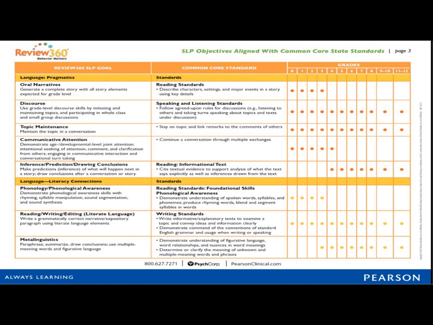There's also work that represents a difficulty for many language learning disabled children in terms of inferencing, prediction, and drawing conclusions. And that starts in, you'll see, in 4th grade and goes through 12th grade. In the earlier grades, we tend to work with teachers on phonological awareness and phonology skills and can find some links to standards in the Reading Standards Foundational Skills in terms of phonological awareness, grades kindergarten through 3rd grade. Students are expected to demonstrate understanding of spoken words, syllables, and phonemes, produce rhyming words, blend and